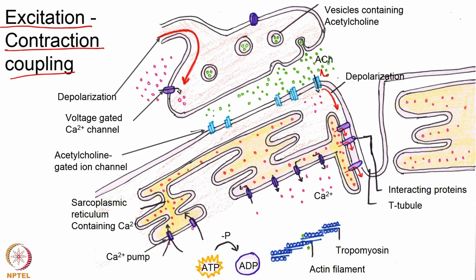There are voltage gated sodium channels that regenerate the action potential at each point in space, so here is one voltage gated sodium channel, there is one action potential there, here is another voltage gated sodium channel, there is another action potential there, etc. In the muscle cell there are some special spaces called T tubules that have a structure resembling the English alphabet T. So, depolarization arrives here, and close to the T tubules you have what are called